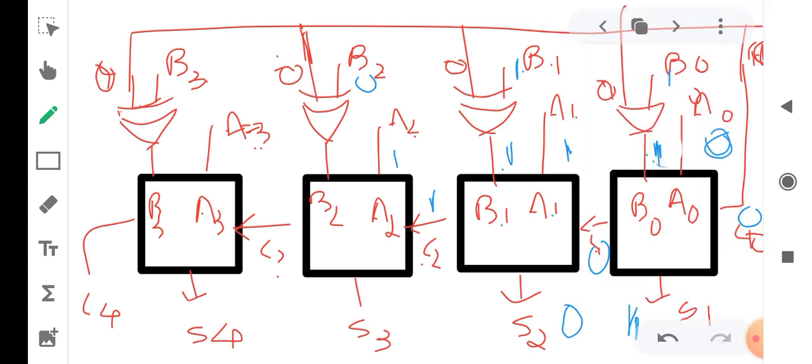So z is equal to b, which is 0. So 0 plus 1 plus 1 is 0 with 1 carry here. Then what is B3 here?